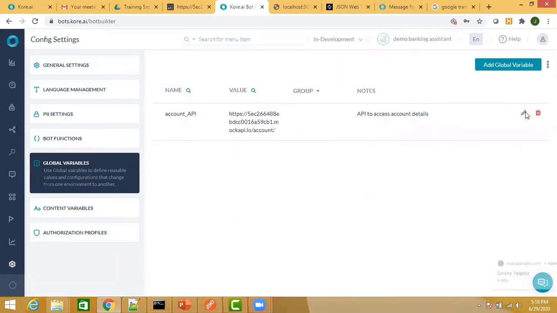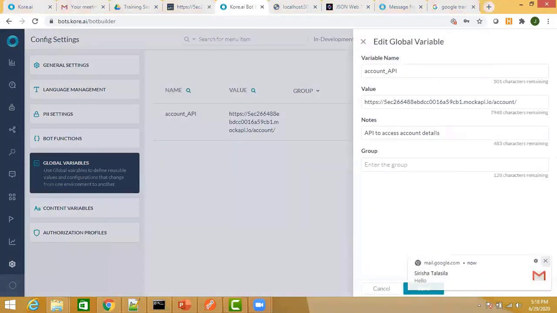So click on edit over here, and you can just type in the value over here, the new API over here, and save it. So in whichever service node this particular global variable is used, internally it will now start using the new URL that you have put. Okay, so that is the advantage that you have.